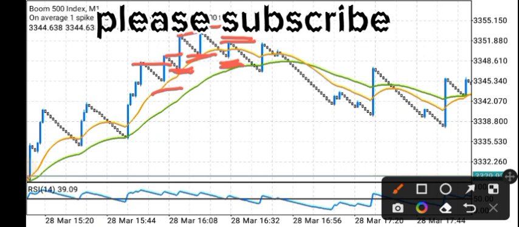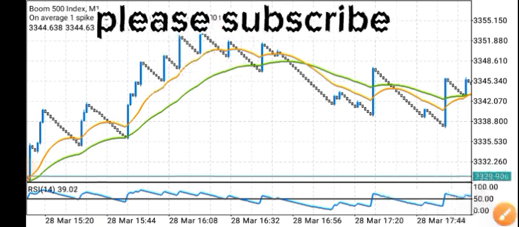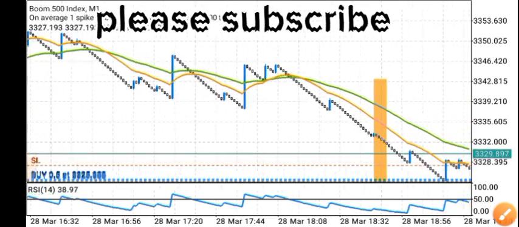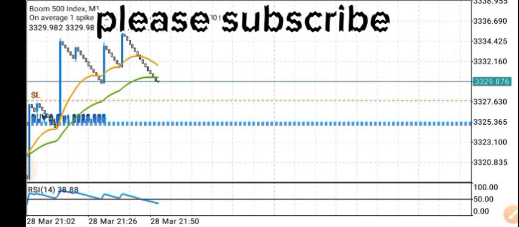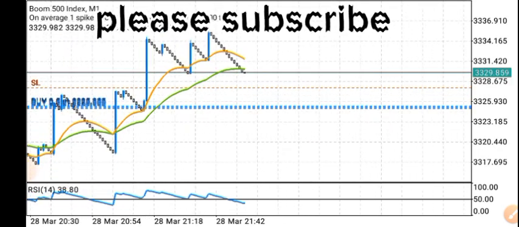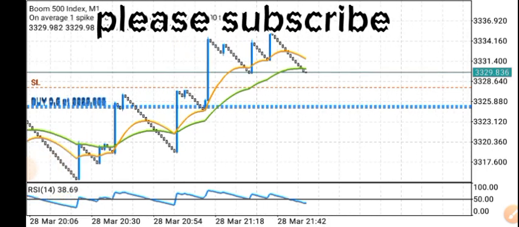So that is how it works, guys. You want to use market structure to be catching spikes, because market structure is the basics of the market. If you want to be successful in trading, you must understand market structure. Guys, this is just what I want to show you. This is what I'm using to make money from the market.